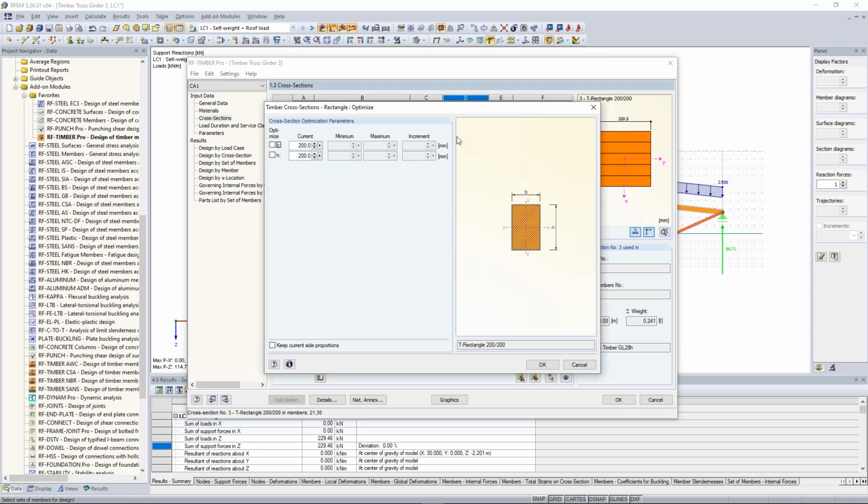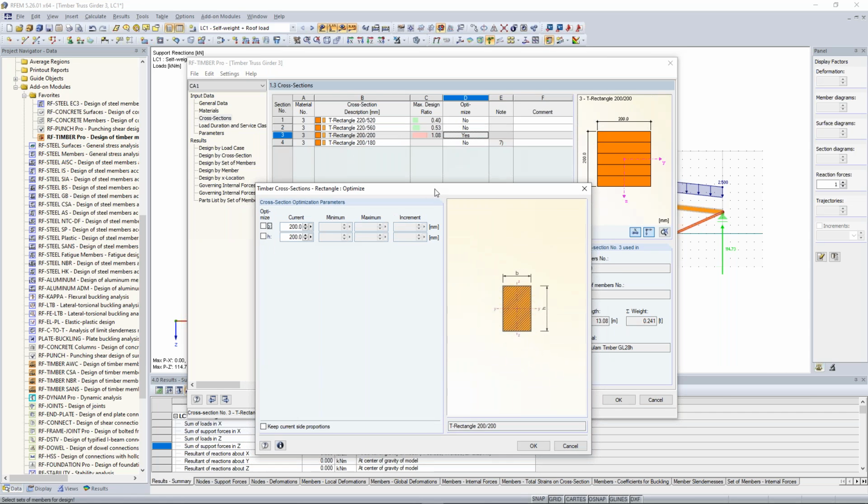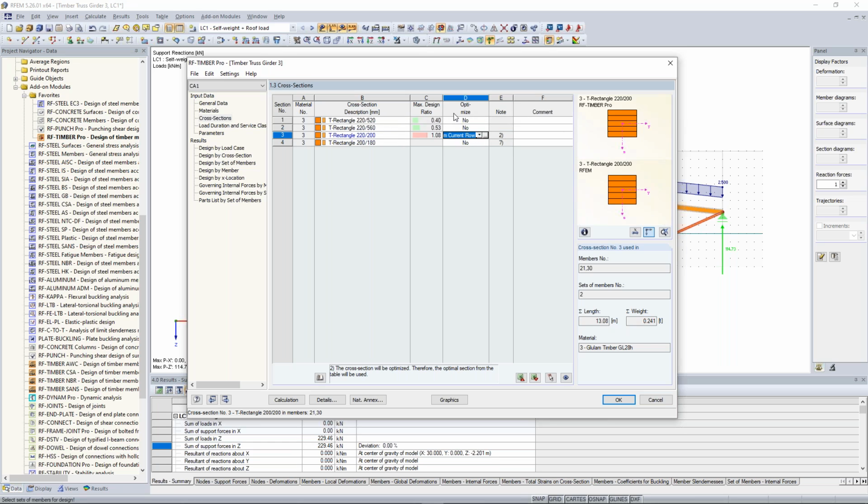The width should be the same as the lower chord, so 200, 200. Only optimize the height. Start with 200, because this was already the value which didn't work, and the maximum 440, and the increment could be 20. Now the program will optimize it in the current row,